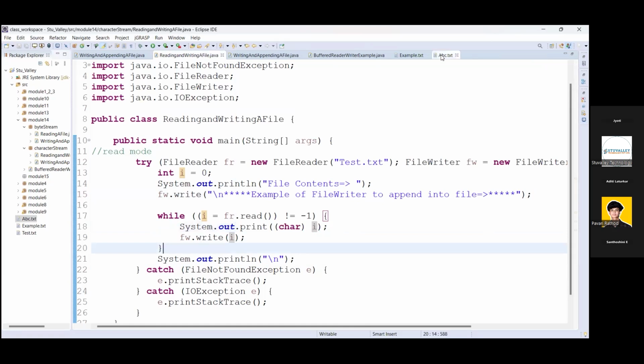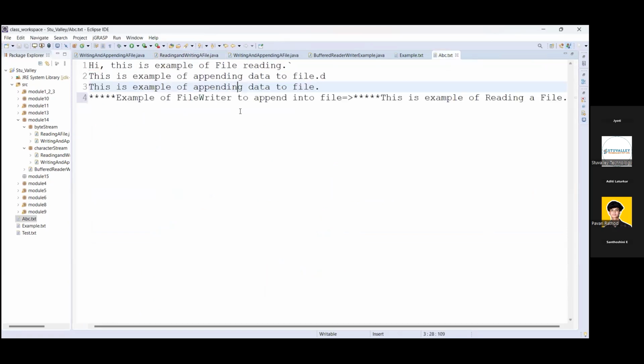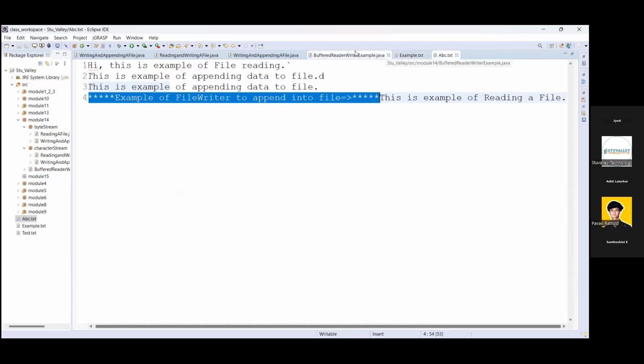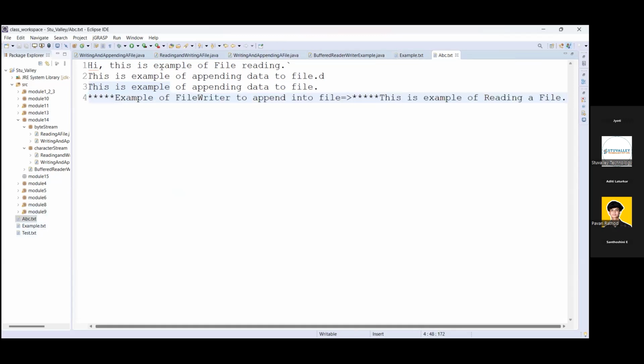Now we will go to the abc.txt to see how our data is written. So you can see this is the example of appending a file, and whatever statement we have read from the test.txt gets written here as it is. Okay, so this is how the reading and writing